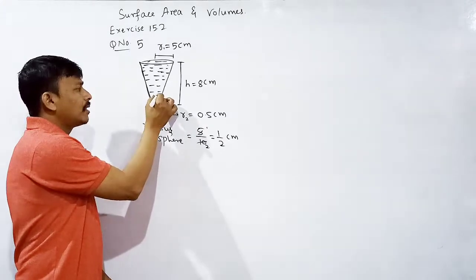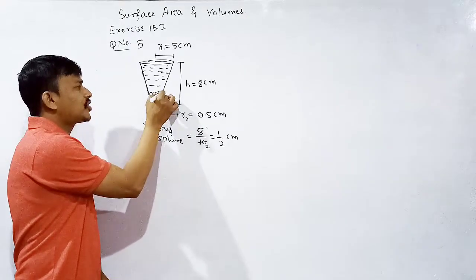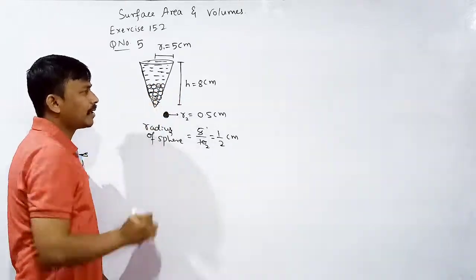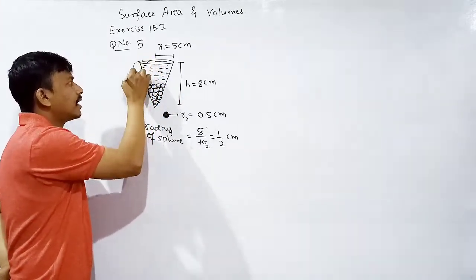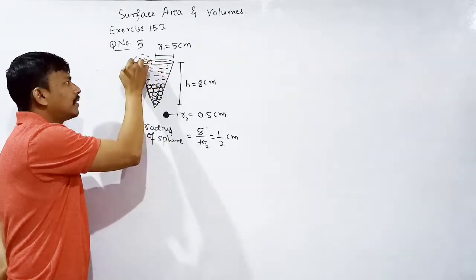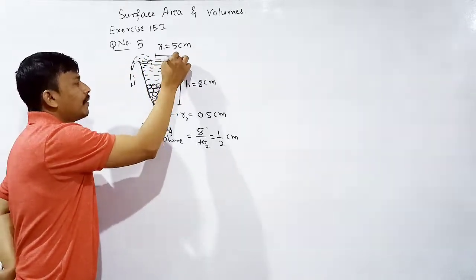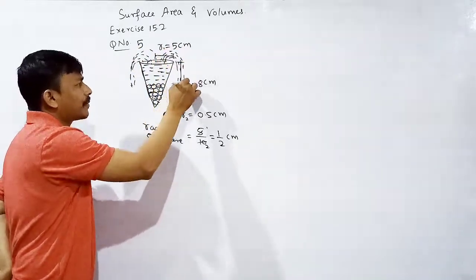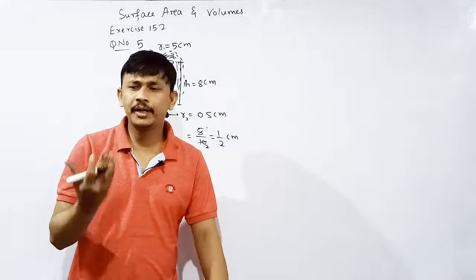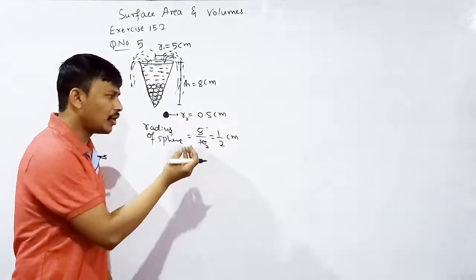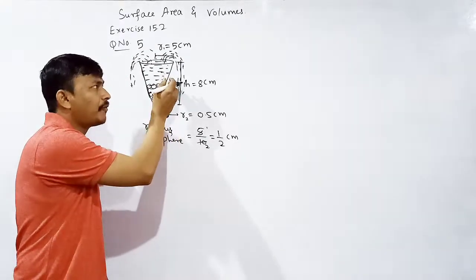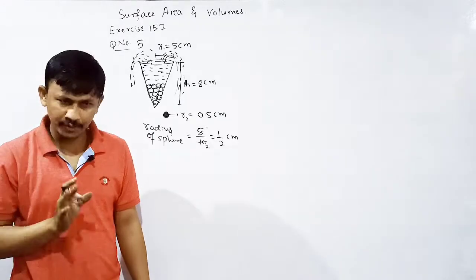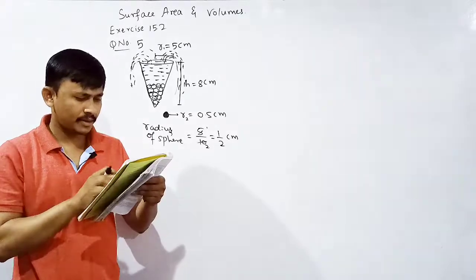Okay, there are lead shots which are in the shape of spheres which were put into this vessel. After dropping, due to the Principle of Archimedes, water will be flowing out. How much the volume of the lead shot, that much water will flow out. Understood? Archimedes principle, you know. Yes, sir. Okay.